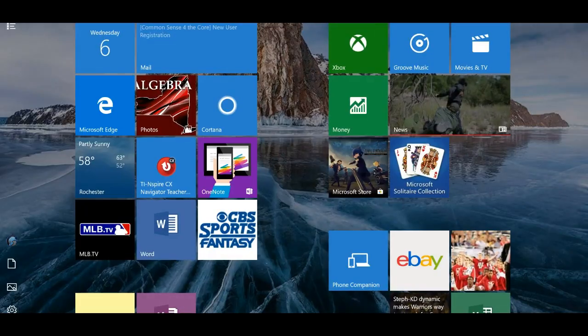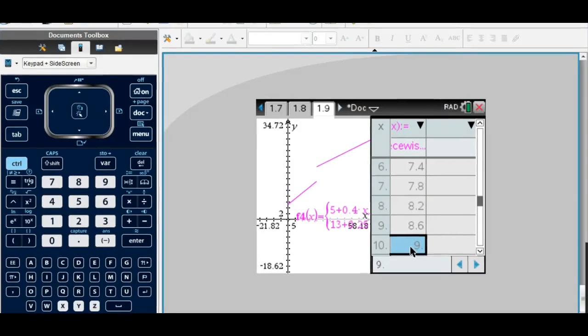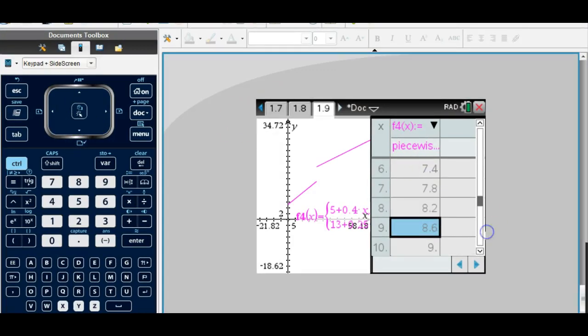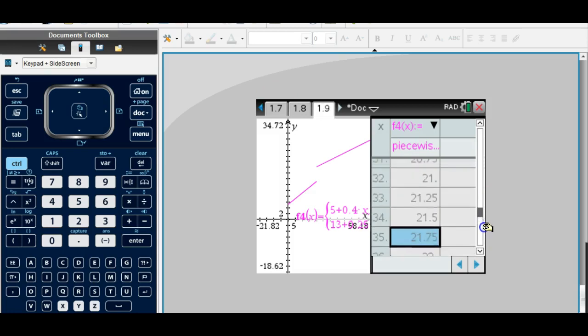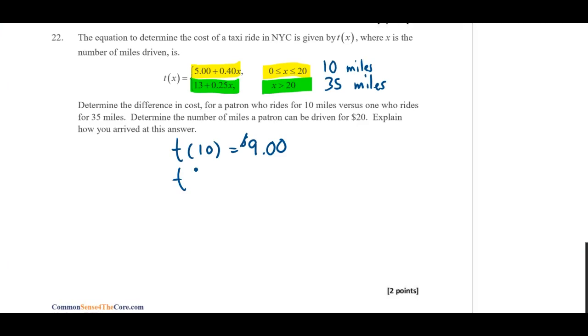And now I want to find out how much it's going to cost for 35 miles. If I go down here, I can go down to 35. And for 35 miles, it's going to cost $21.75. And then it asks me to determine the number of miles a patron can be driven for $20 and